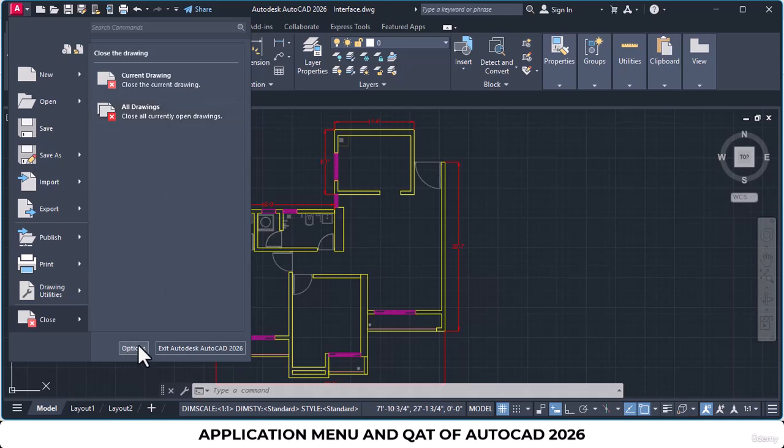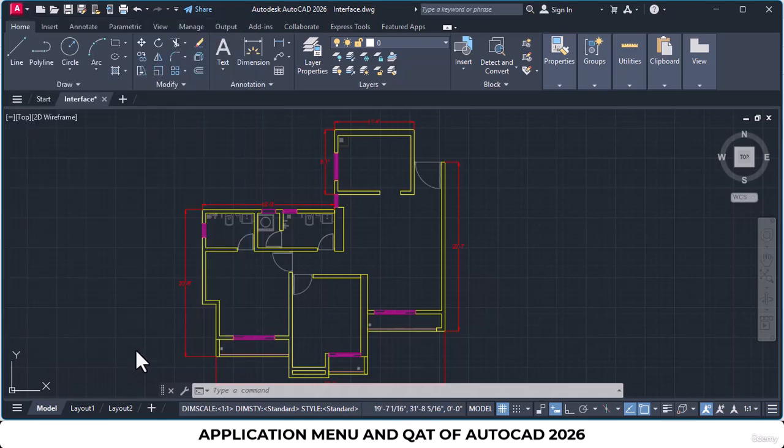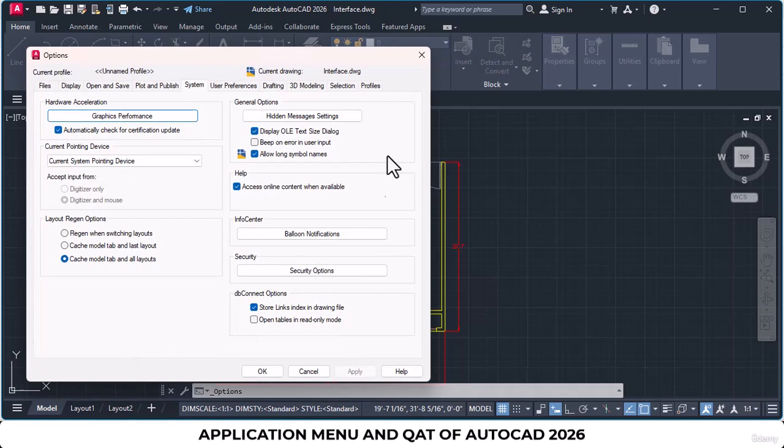Finally, over here at the end, you get options. If you click on options, then a dialog box will open and give you options to make changes in the settings of AutoCAD. So you can make changes in the graphics performance, plotting options, hidden messages, user preferences, drafting, modeling, etc. So I will not make changes in this at the moment.